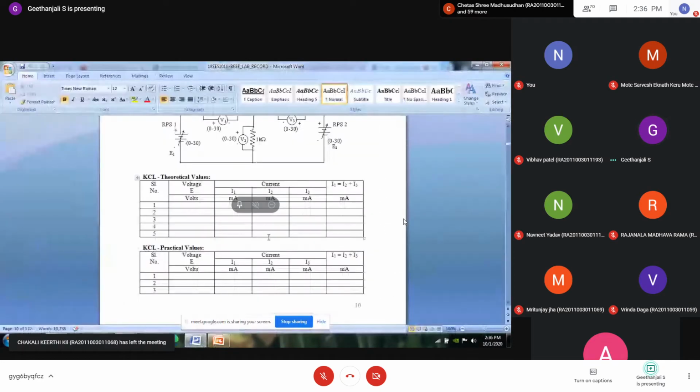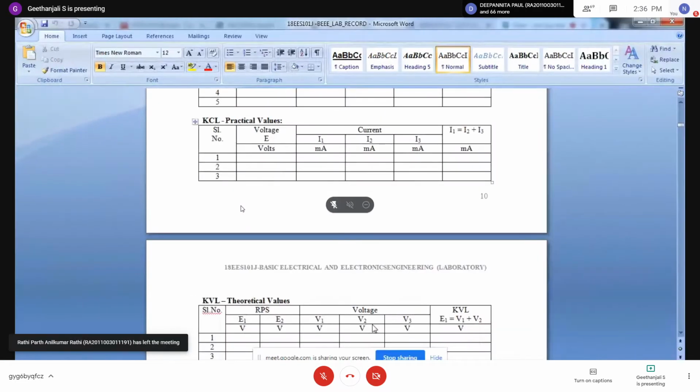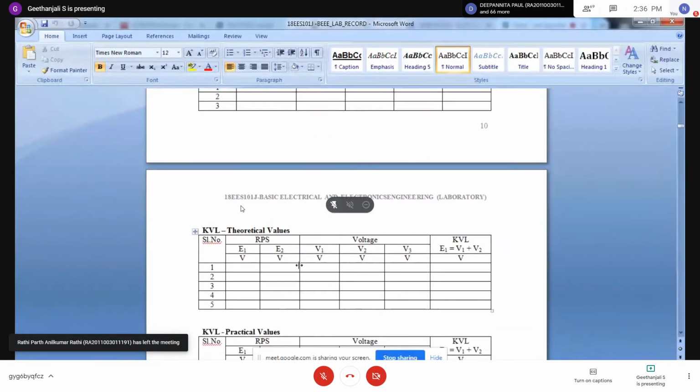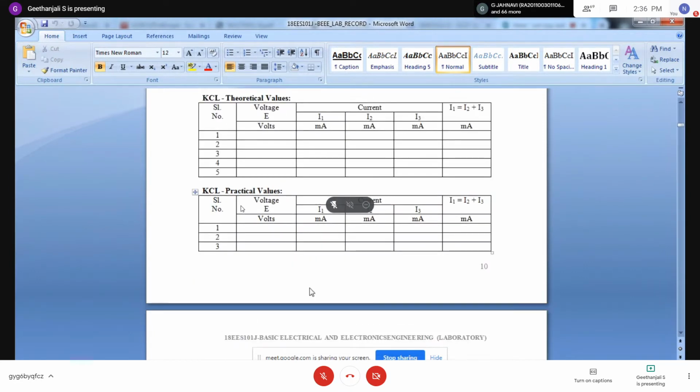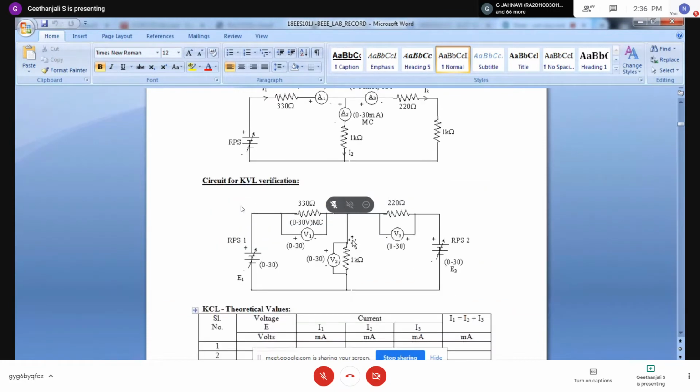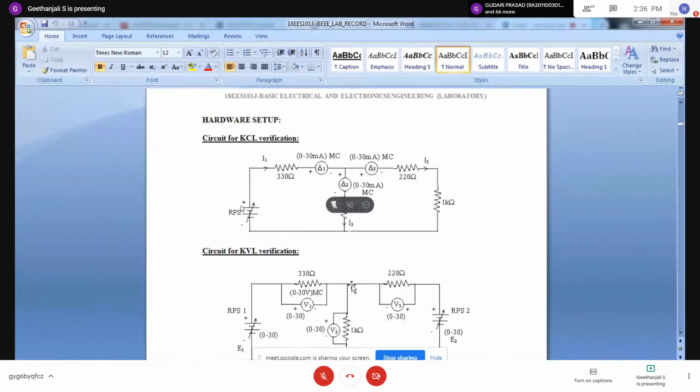Yes, right. So we are going to fill this table column. Then theoretical, how to fill, I will tell you how to do the calculation, how to fill this theoretical values table column later. Since it is a practical session, I will tell you how to fill this practical table column, right? So this is the circuit. These two circuits we are going to make in the eCircuit, right?